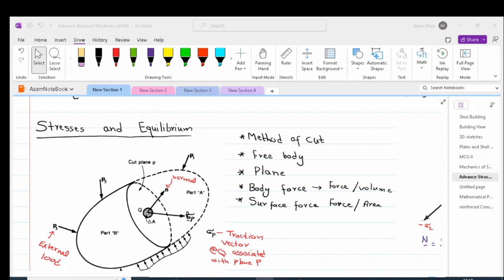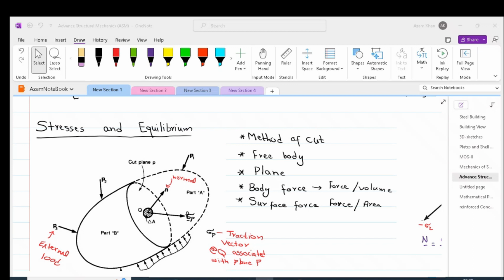So, by continuum, we mean that the body hasn't got any gaps inside, or any cracks, or it's not damaged anywhere. So it's a continuous body, which means to say that we can resort to vector calculus for analyzing the body. During the strain investigation, we discussed that in the continuum mechanics approach, the method of cut